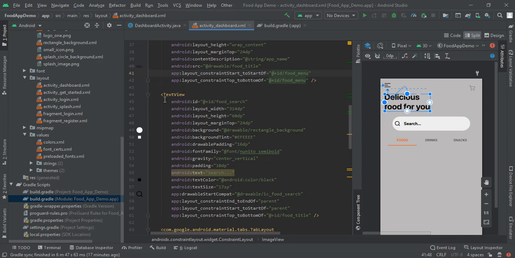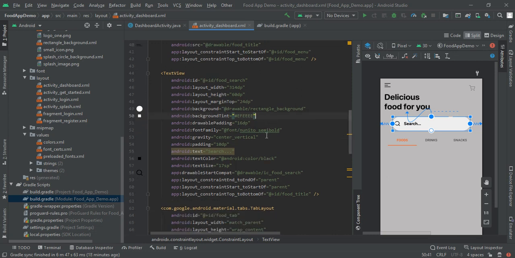For that I had made my text view, so this will be food search, and given its width of 314 dp and height of 60 dp, and again given its margin top to 24 dp, and then we have our rectangular background, and background tint is custom color, that is EFEE, and then I had given its drawable padding, which is 16 dp.